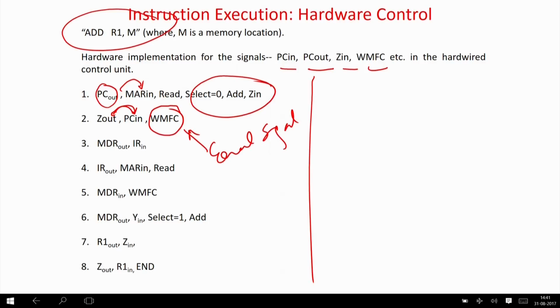In stage 3 basically what you can do, the instruction which is now in MDR can be loaded to the instruction register, and similarly you can go ahead. Then again there is an external signal, and all others are internal signals like PC out, MAR in, read. They are all signals which are generated, and here we are waiting for something which is again a condition which comes from an external one. So, all these like PC out, MAR in, read, select 0, add, Z in, they are the control signals which you have to generate, and then WFMC is something on which you have to wait